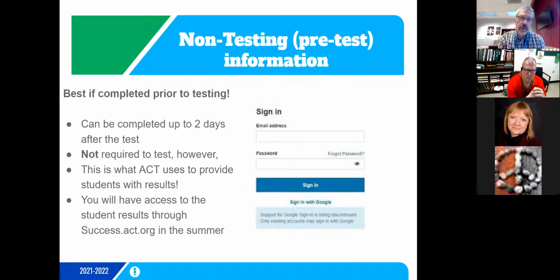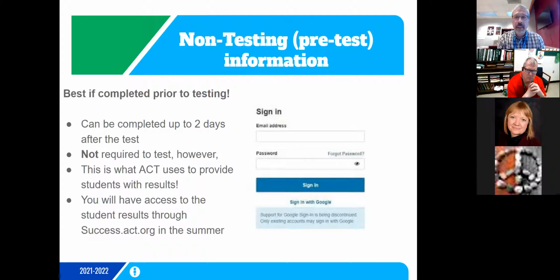We also talked about the fact that not every piece of that pre-test information is absolutely critical to being completed. So if you are getting to the point where students have to put in their high school course loads and what their grades were, if that is not done, it does not negate all their work and doesn't cancel out their information. So bottom line is, I will connect with DPI later today, once we're done here, to see what we can do, what the process is for that.